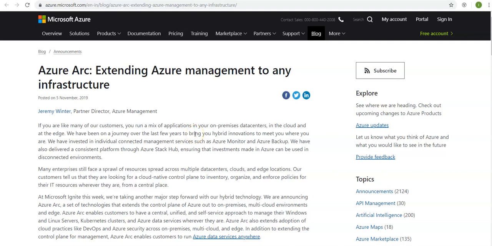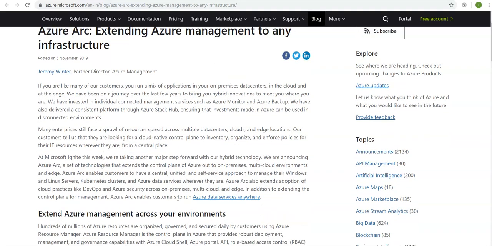And first of all, let me just go through the official documentation that was presented on the Microsoft blog regarding Azure Arc this week. Here it is, Azure Arc extending Azure management to any infrastructure. So at Microsoft Ignite last week, Microsoft announced Azure Arc, a set of technologies that will extend the control plane of Azure out to on-premises and other multi-cloud